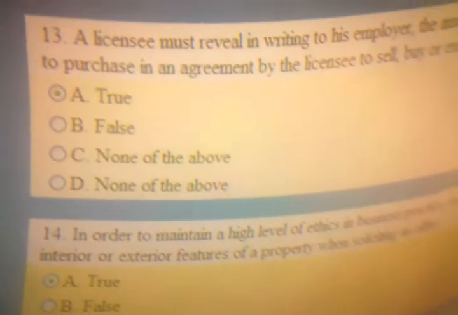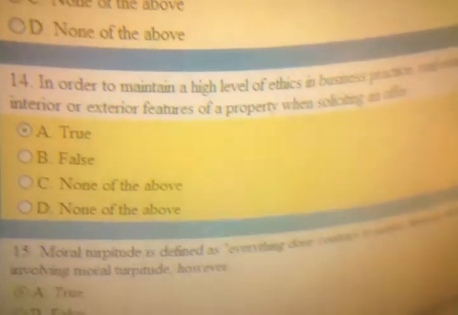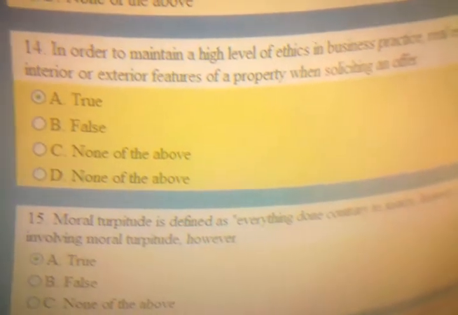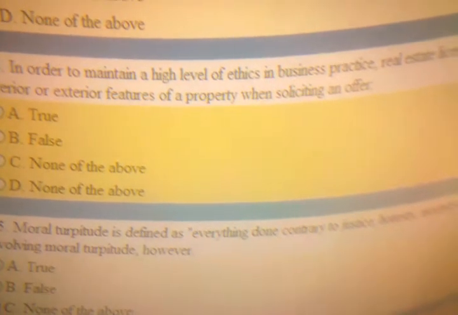A licensee must reveal in writing to his employer the amount of profit, obtain written consent of the employer, approving said profit prior to existing and any option to purchase an agreement by the licensee to sell or buy exchange real estate for compensation or commission. 呢樣嘢係 true 啦。